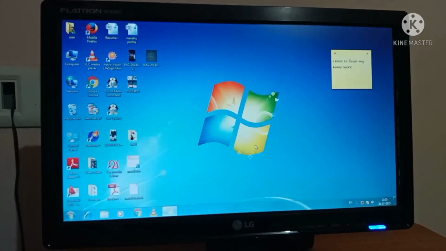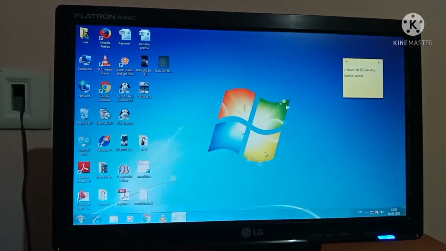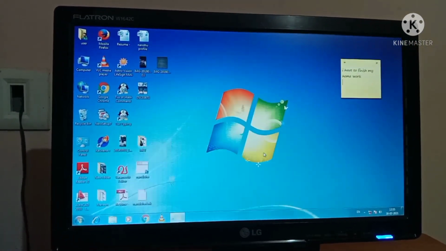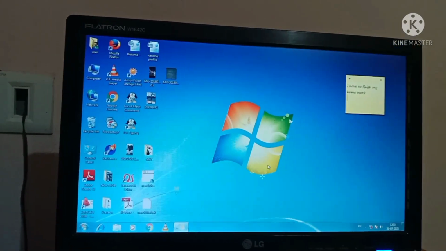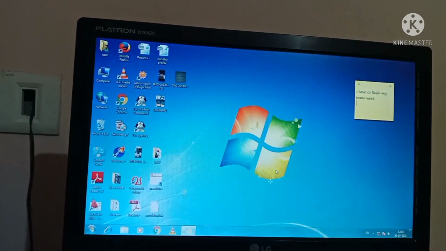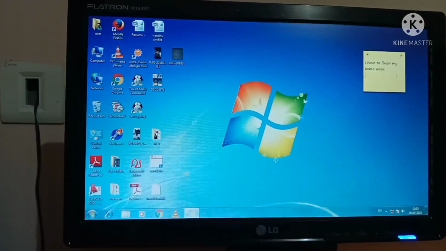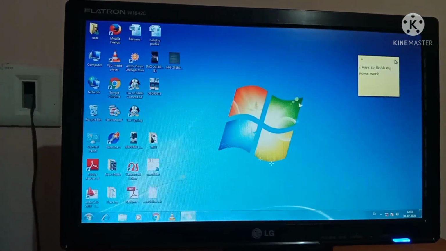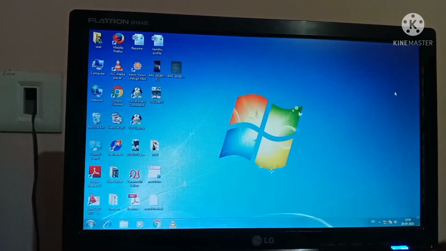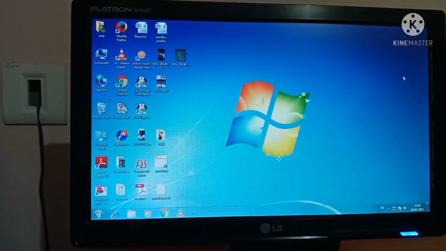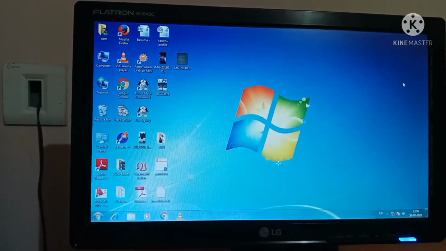So that's only a reminder. This is the way of using sticky note. If I don't want the sticky note, what I have to do, I have to close it. So you have to delete, yes. If I don't want this, I can close it. Clear?